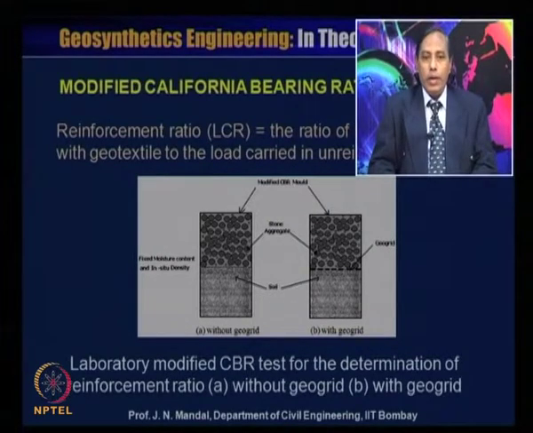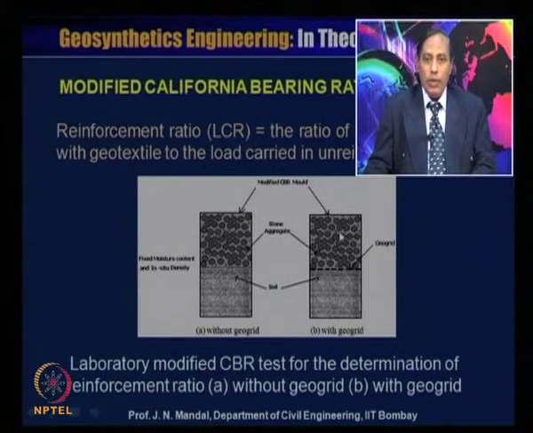Here, laboratory modified CBR tests for determination of the reinforcement ratio, without geogrid and with geotextile, are shown. This is without geogrid, and this is the soil at a particular moisture content and the in situ density. And on top of this soil you are placing this aggregate, and on the right-hand side you have the modified CBR mold, and you are placing the soil at the bottom